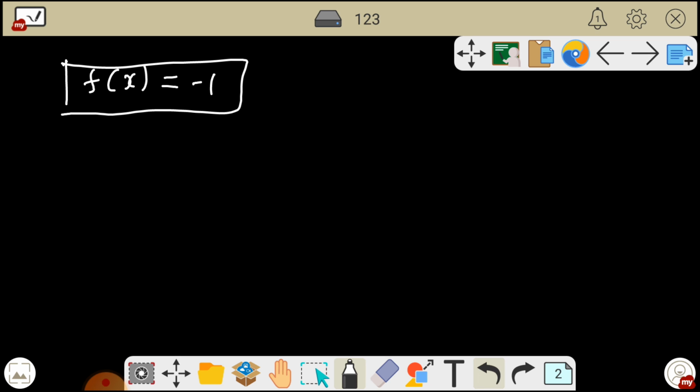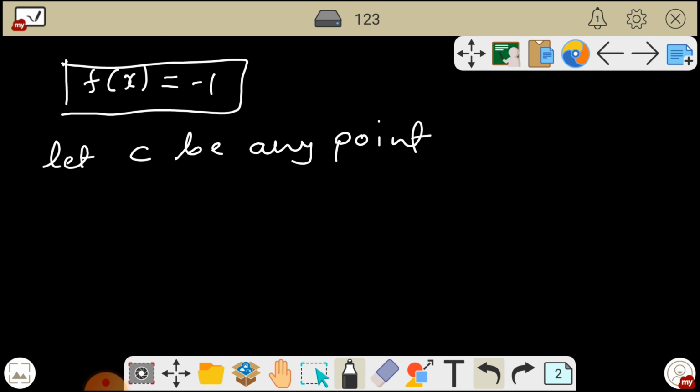So we can take any point C, let C be any point in the real line. So we can write f of C is equal to minus 1